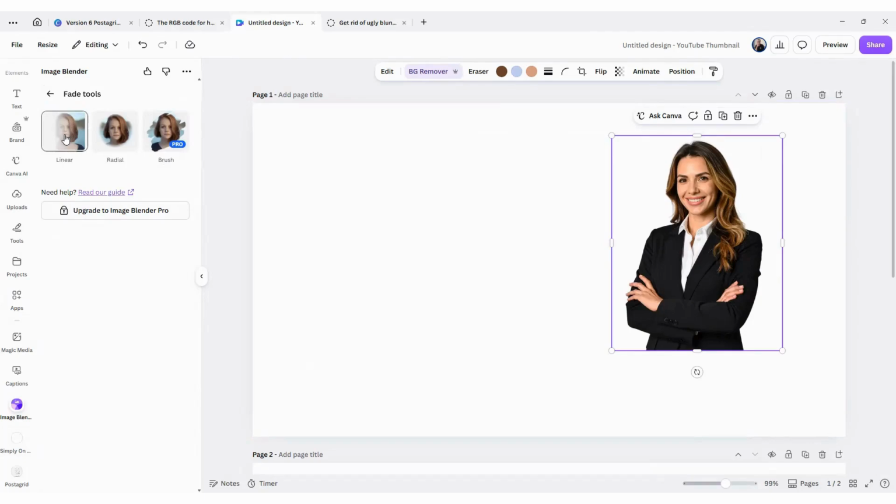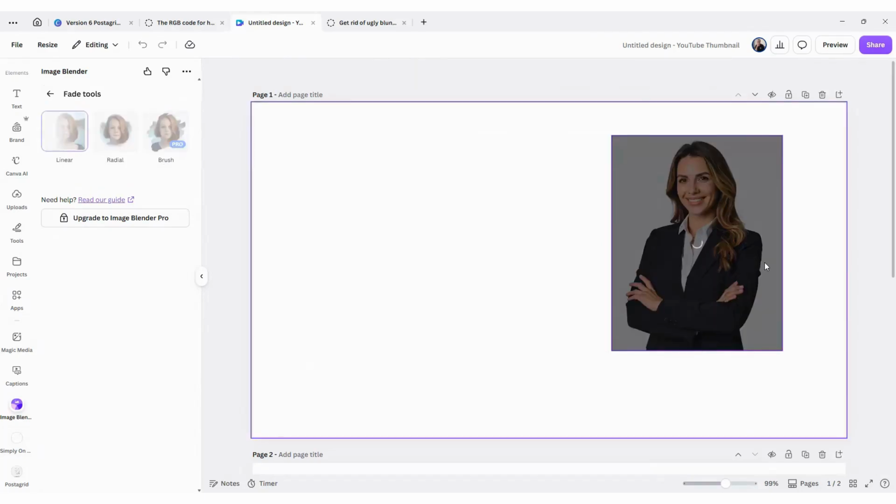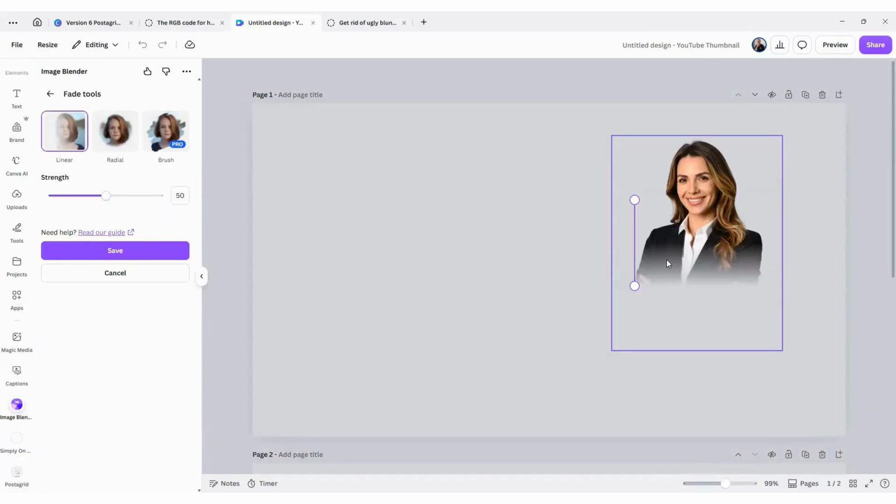When we work with linear, we're going to click on that. It identifies the photo. And now you've got controls here that allow you to set the intensity, or the strength, as Canva calls it, of the fade itself.